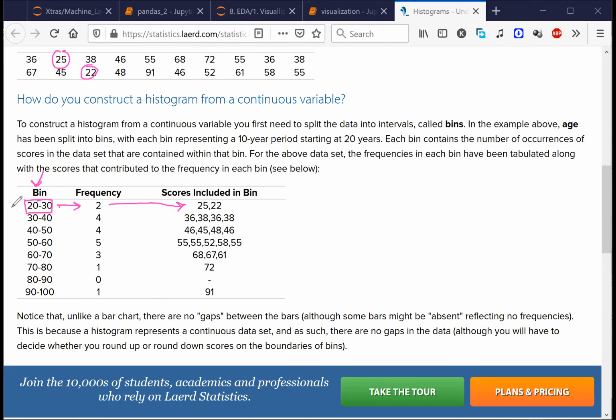Similarly, we'll create another bin of 30 to 40. If you see 30 to 40, 1, 2, 2 ho gaya, 3, 4, and nothing else. So you have 4 data points.